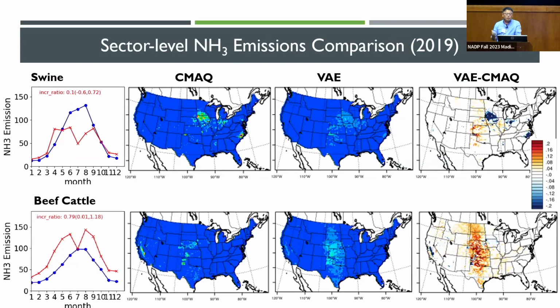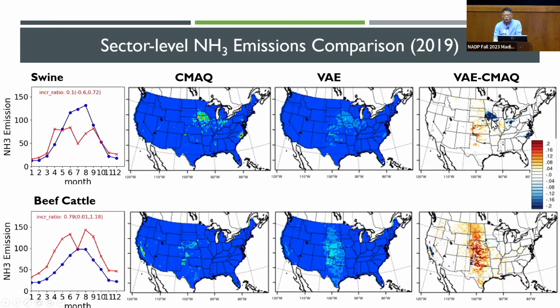So the model was able to capture which animal sector is actually contributing the most to the uncertainty by time and space. By doing so, as I mentioned, in the southern region, swine operation, averaged over the entire country, we are seeing swine emissions are underestimated during the hotter, warmer season compared to the emissions used in the CMAQ. And when you compare to the result of the concentration of the top-down emissions inventory data, we definitely see the